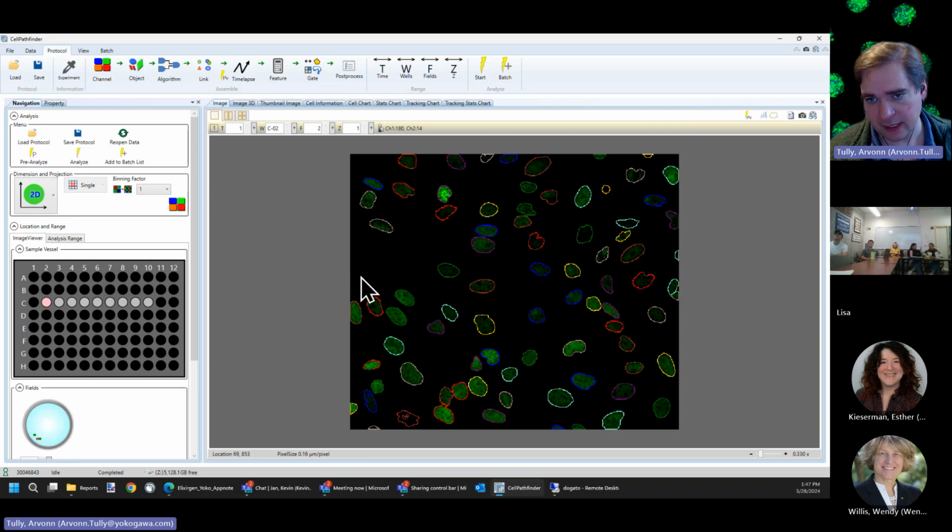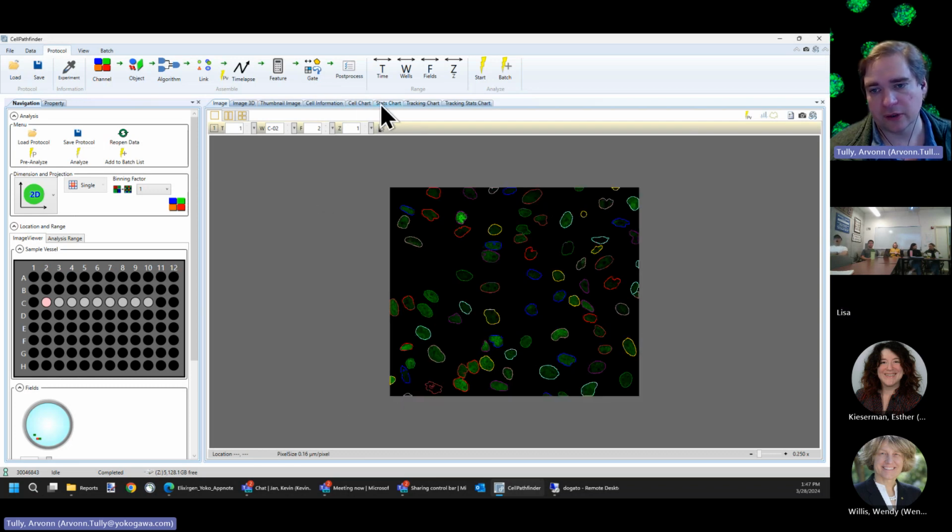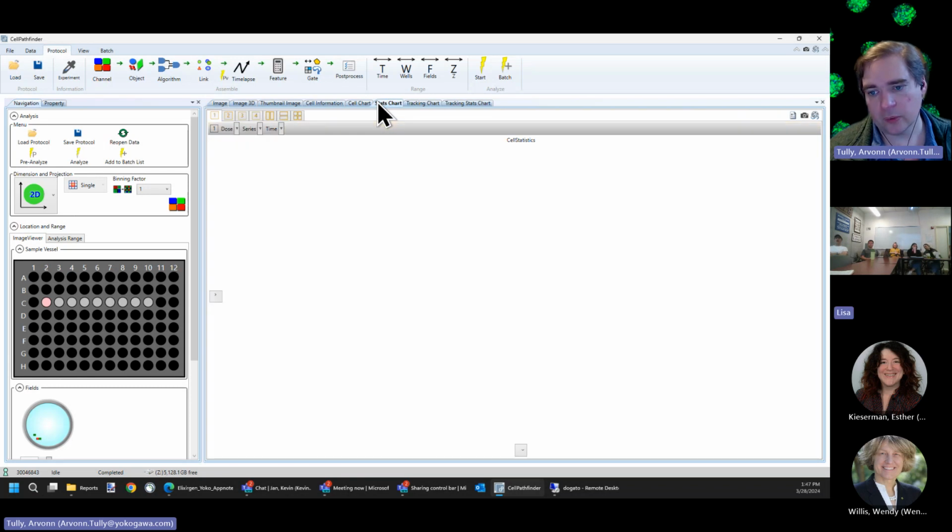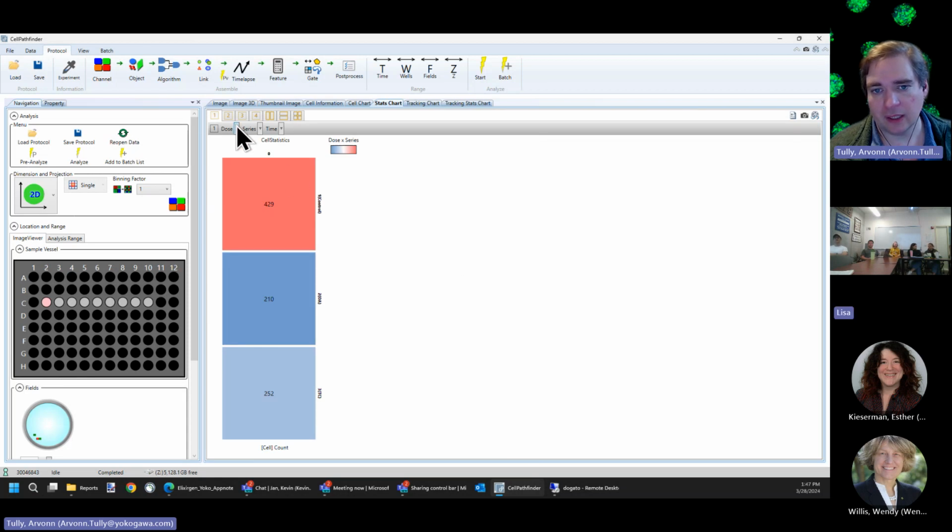So we've gone through and made the segmentation. And this is where we start to look at things like our cell chart or our stats chart. So now we could go into the stats chart, which is population statistics. I'm going to right click, select chart type, select heat map. And then in here, I can go in and do something like cell count. So this will tell me, I'm actually going to turn,